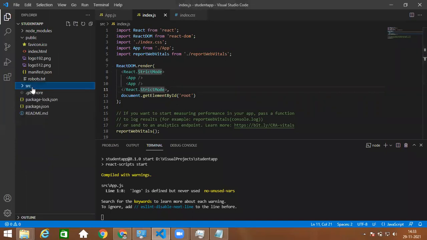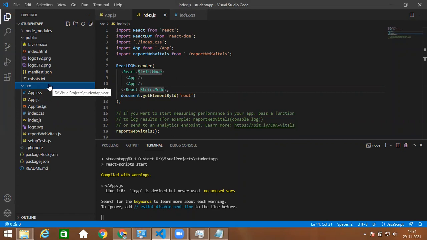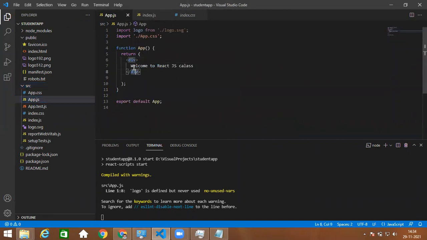What I will do now is create one label and add some CSS styles to that label. Also, we'll add one image. So go to app.js.